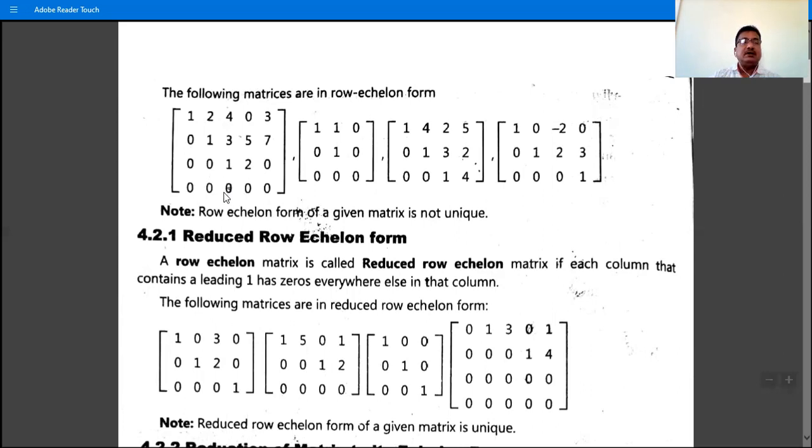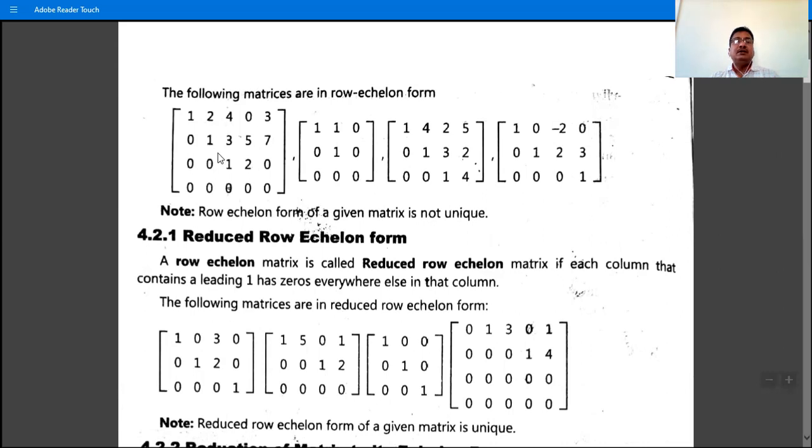If a row in the matrix is a zero row, then it is at the bottom of the matrix. And if you observe the first three rows, these three rows are non-zero rows. And if you observe the first non-zero element of each row, it is 1. In the first row, this is the 1. The first non-zero element is 1, and this one is called the leading one. So in the first row, this is the leading one. In the second row, it is the leading one. This one is the leading one in the third row.